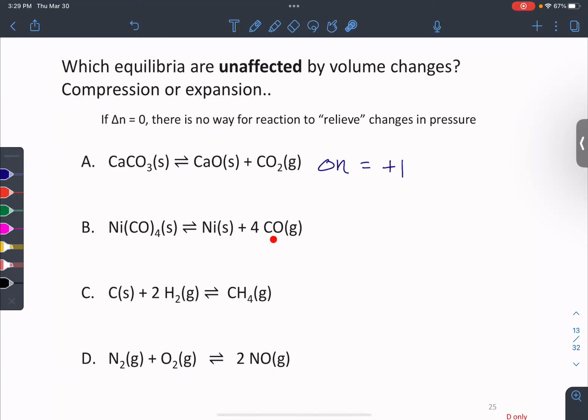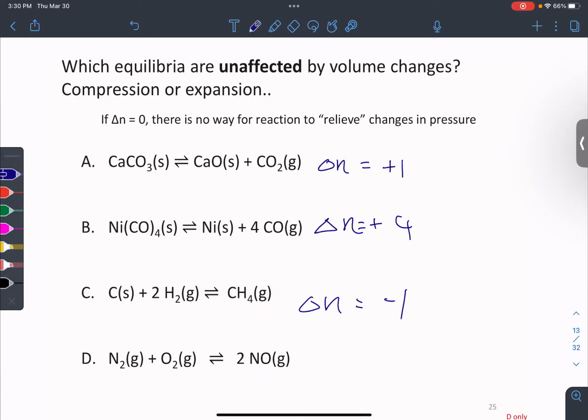And so same thing for the next one. We see there's actually more moles of gas on the product side. So if I squeezed on that reaction, if it was already at equilibrium, you're going to make more solid because your pressure of CO2 is too great, right? You're going to squeeze on it and it's going to push to the side with less moles. C, on the other hand, what is the change in N? It's something like -1. So this one, if I squeezed on it, it's actually going to move to the product side because there's less moles of gas there.